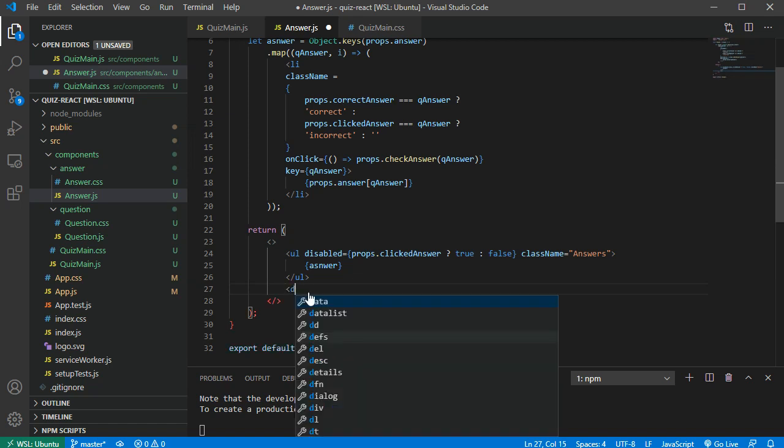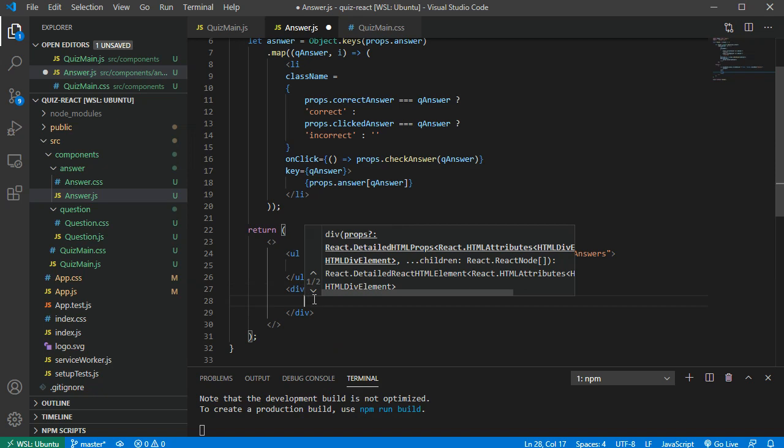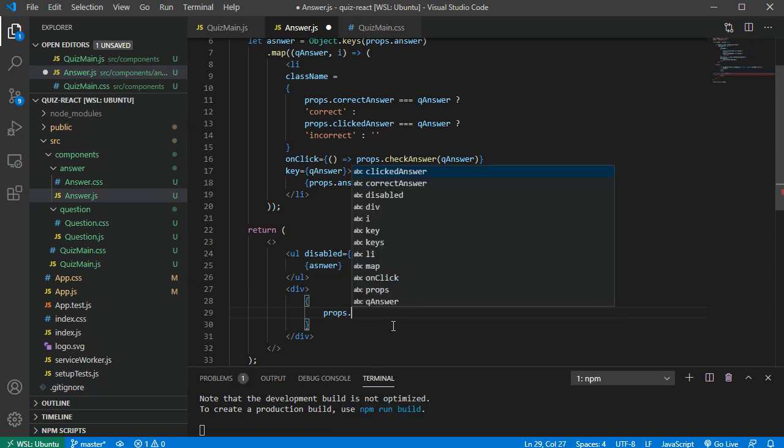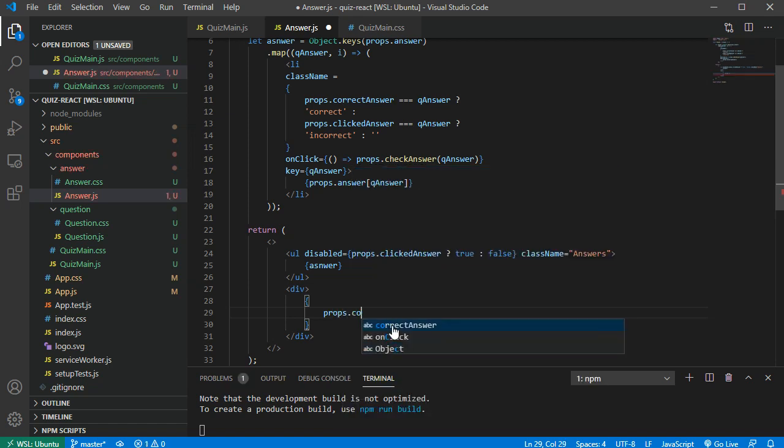Here is gonna be a div tag like this, and we will have curly brackets because it's gonna be an if statement here. So here we check props.correctAnswer. If we clicked on the correct answer, then we want to output